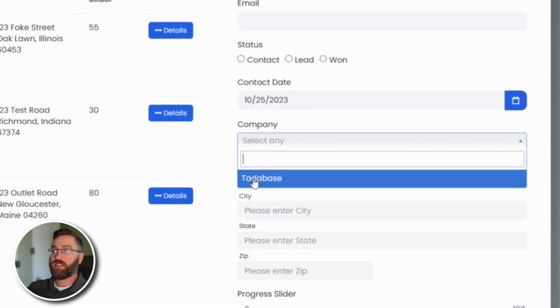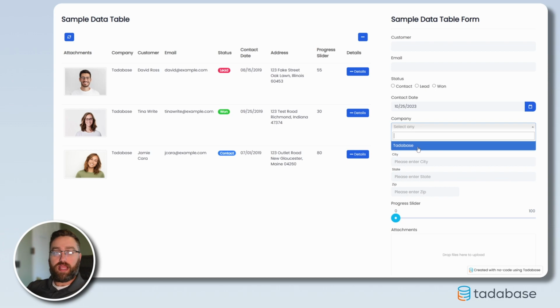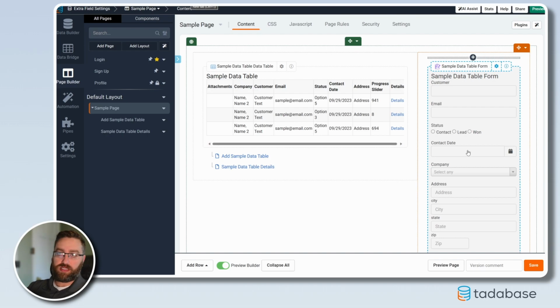By default, connection fields look like this. They are a simple dropdown that displays a field value from your connected table. In this case, the company name. However, if I want to display more information about that company, I can change how that field is displayed inside